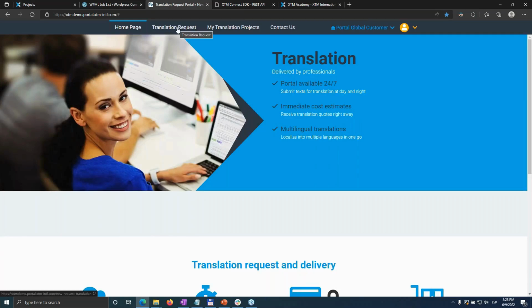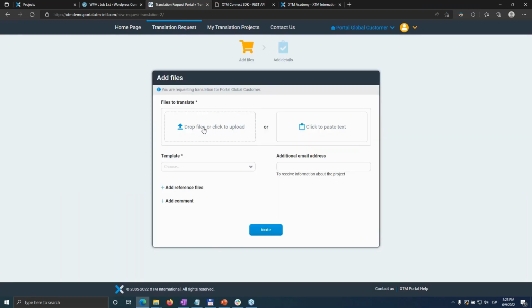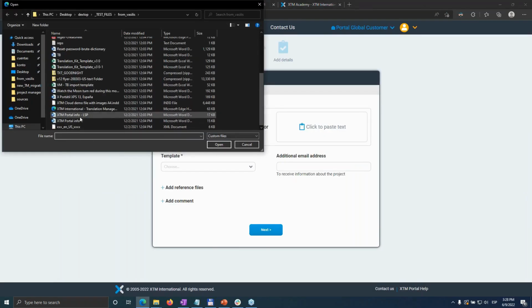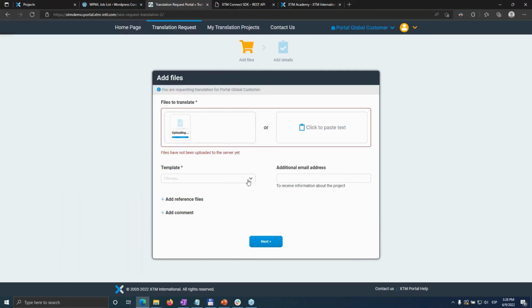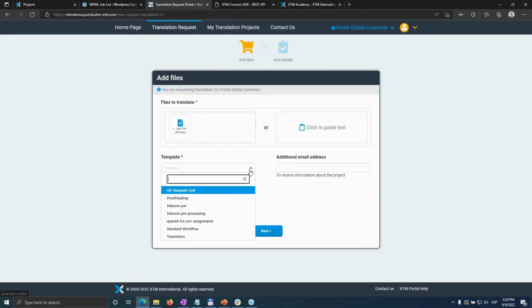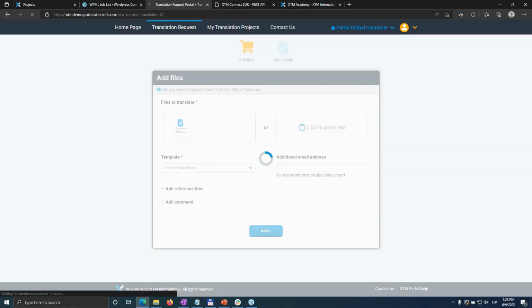You can enable single sign-on here to control who is requesting, but in case you don't want people logging into XTM, they can send requests from here. So in this case, I will go to the translation request and add a file to be translated. Again, I will choose a template, so I will tell it how I want this to be translated. Click on next,